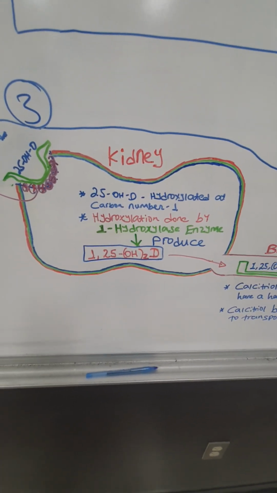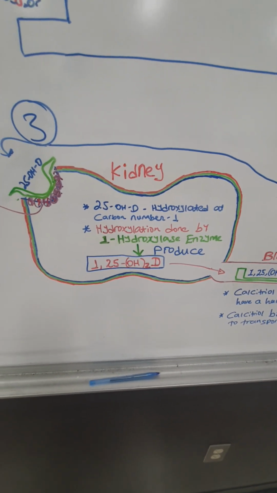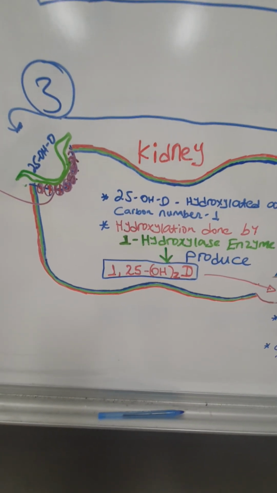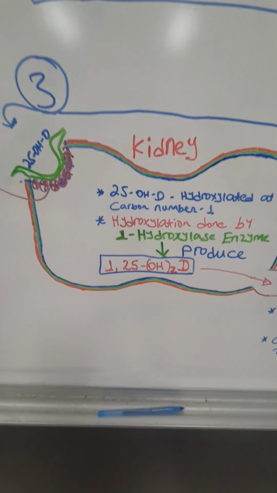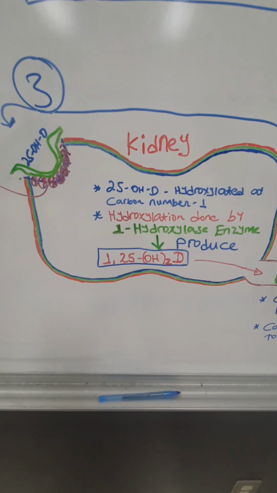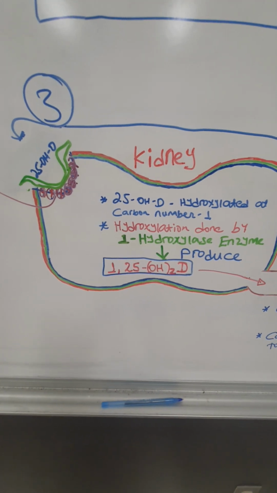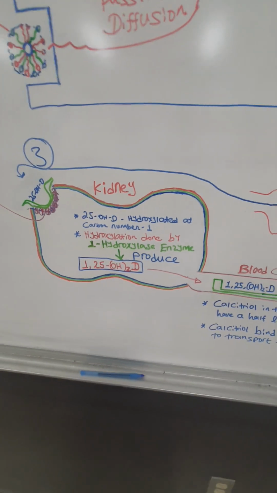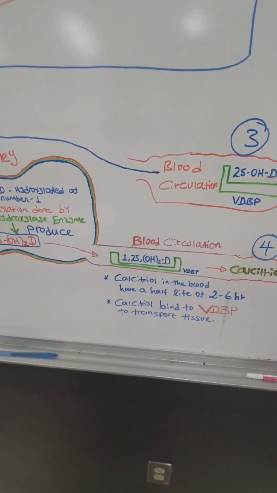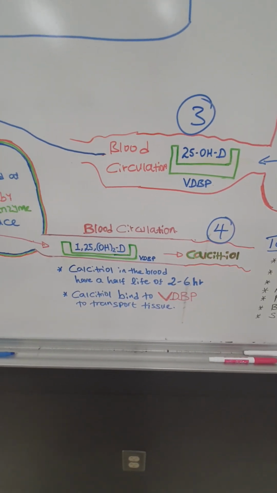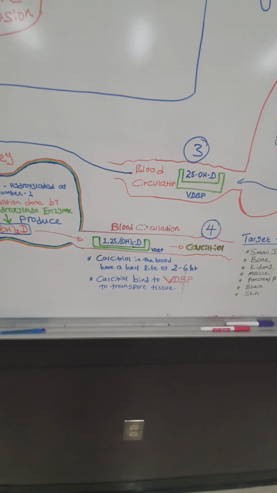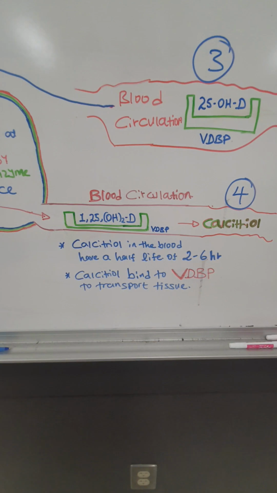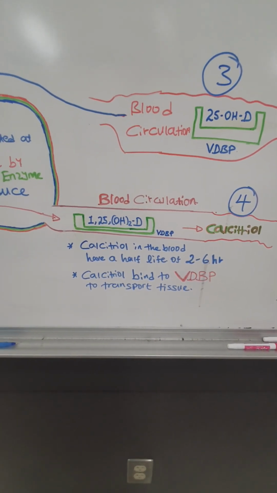This hydroxylation process will produce a vitamin D with 2 OH groups, so the name will be 1,25-OH2D in short, or 1,25-dihydroxycholecalciferol, or in short, calcitriol. Calcitriol in short. So in the blood circulation, this calcitriol or